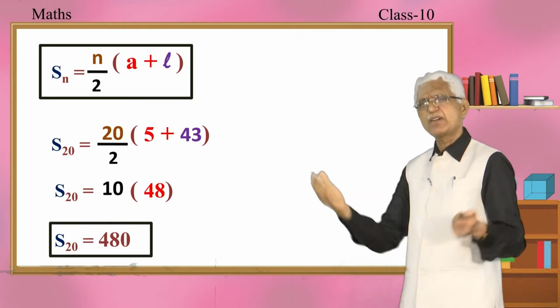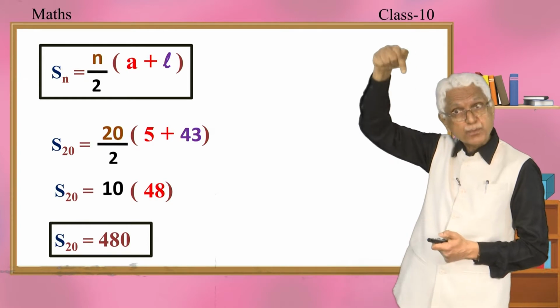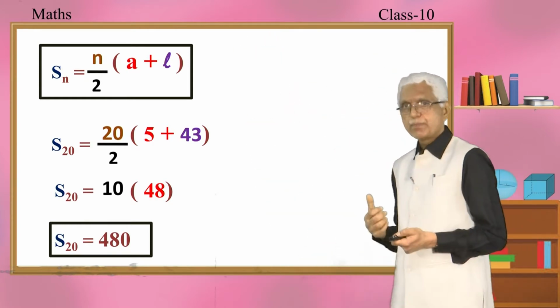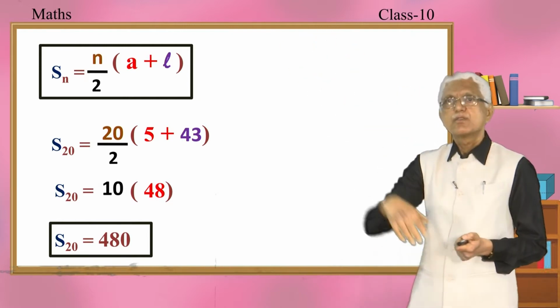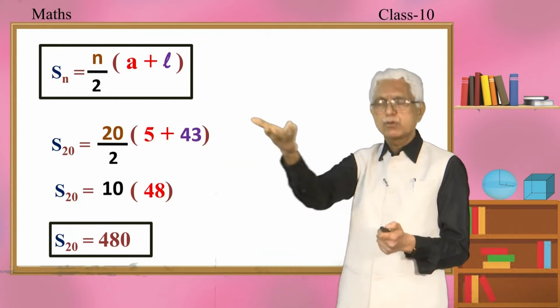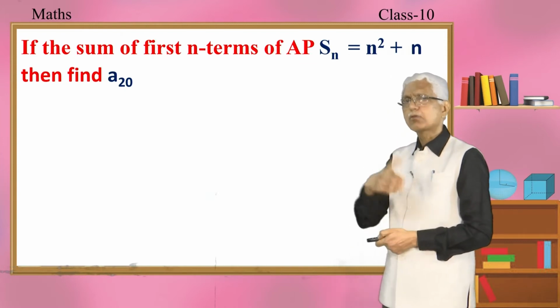So that is the sum of the first 20 terms of that arithmetic progression. That means if they gave you the general form, find the first term, find the required 20th term or l, and use the formula. The same problem could also come in a different form.